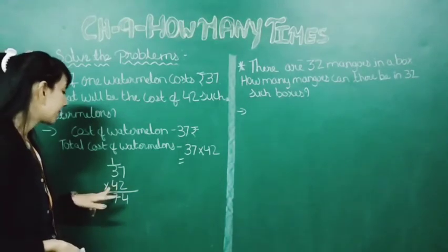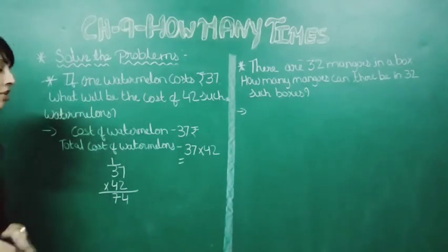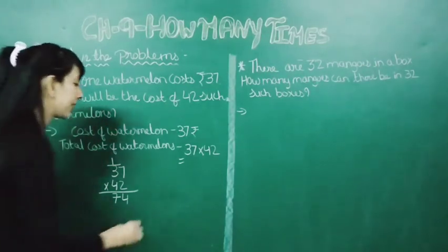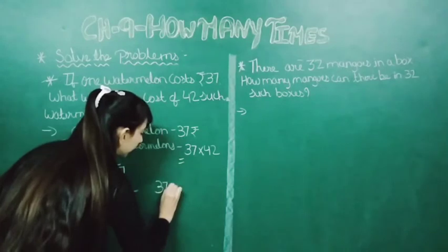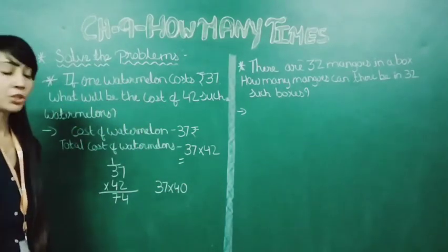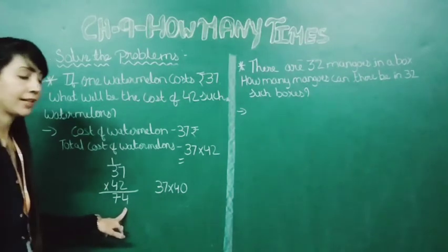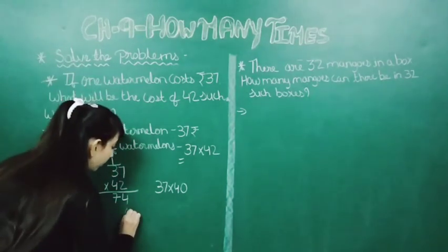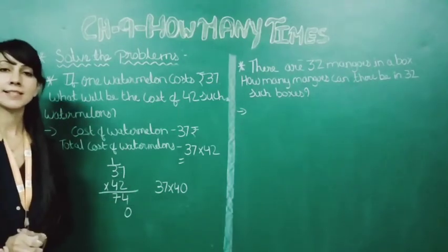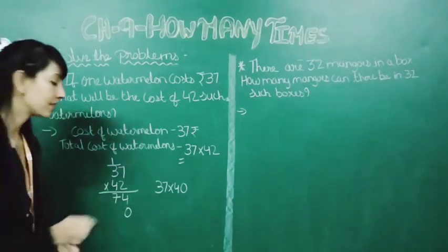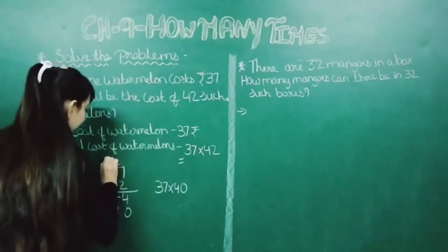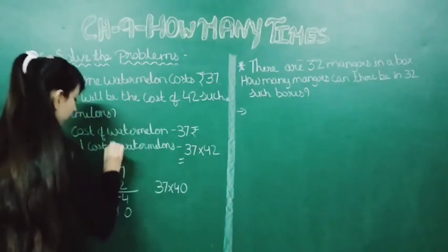Now we will see that number that comes in tens place. So actually we are multiplying 37 by 40. Okay, 37 into 40 we are doing. So first of all we will put 0 over here, in ones place just below 4. Now 4 sevens are, yes, 28. So here we will write 8 and here we will carry 2.